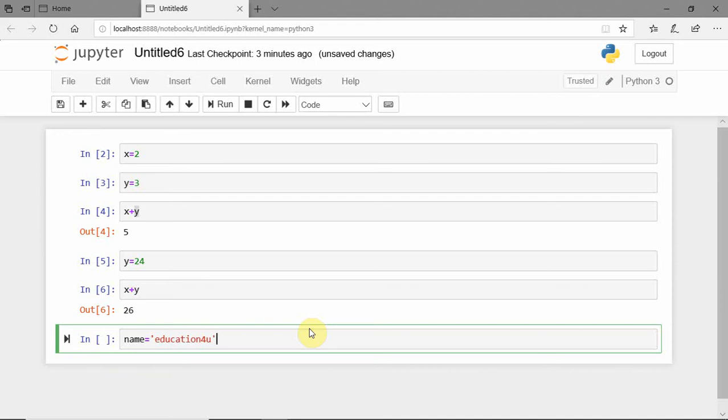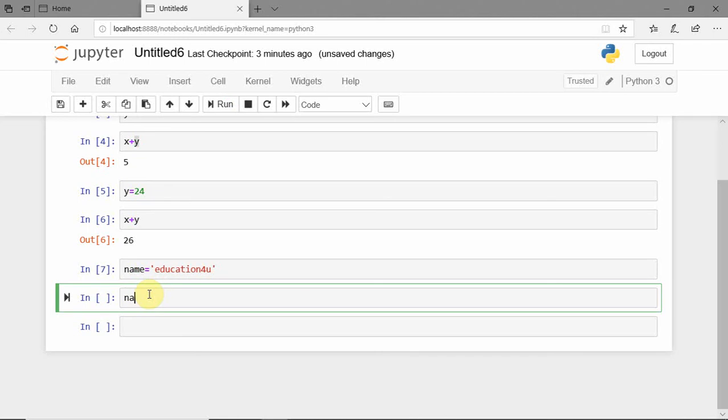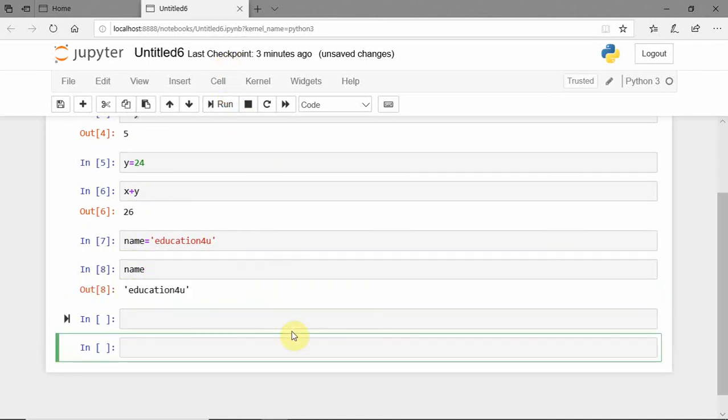That means whenever the statement is within the single quotes, it indicates that the name is a string value. Okay, so you can directly write here and try to execute. If I simply write name and try to run the program, then the output is education for you. No need to write the print of name. So you just type name, then you will get the output education for you.